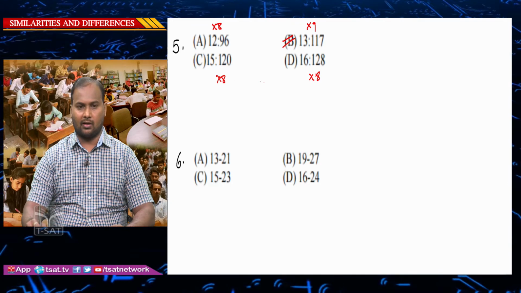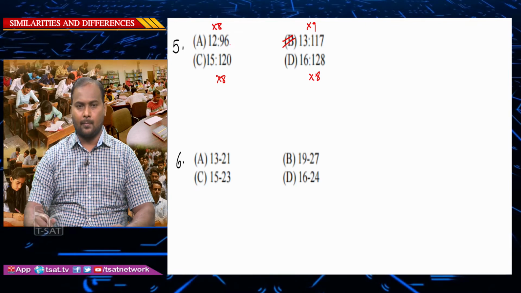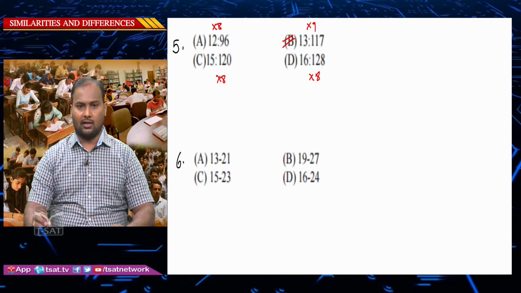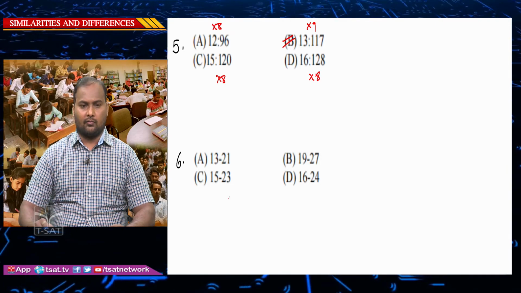What is the similar thing in the remaining 3 cases? The similarity is in 3 cases, everything is multiplied by 8. And what is the different one? The different one is option B, because it is multiplied by 9. If you see the next question,